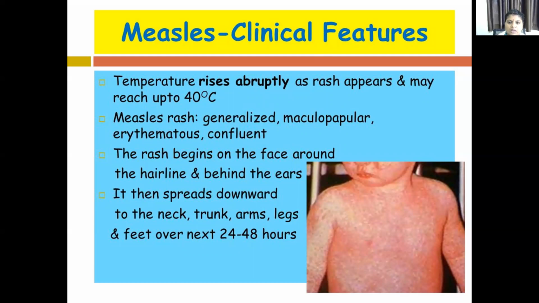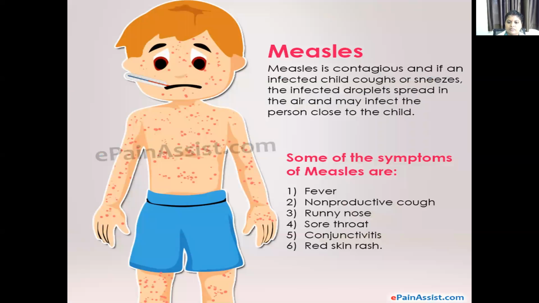Temperature rises to a high temperature. You will see the measles rash; generalized maculopapular erythematous rashes are usually seen. They are confluent. Usually it begins on the face, that is, on the forehead. Next, it spreads downwards to the neck, trunk, arms, legs, and feet in the next 24 to 48 hours. So, the symptoms that we will see are